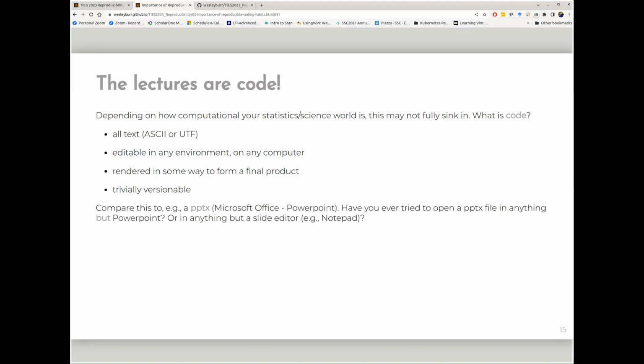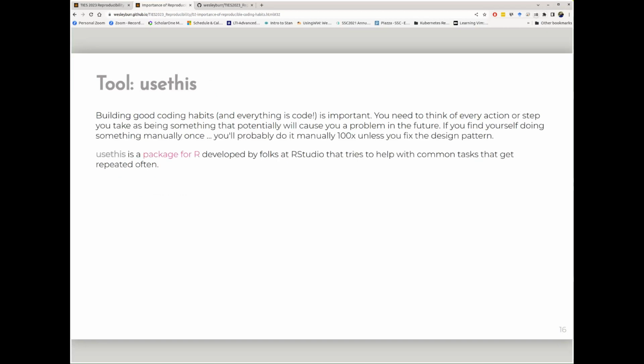Compare this to PPTX. It really doesn't work unless you have PowerPoint. You can open an old PPT in something like OpenOffice, but even then you need a program that can open the WYSIWYG kind of JSON, turn it into something that makes sense and allow you to edit it. Whereas my markdown files can be opened on any computer anywhere in the simplest programs you can imagine.